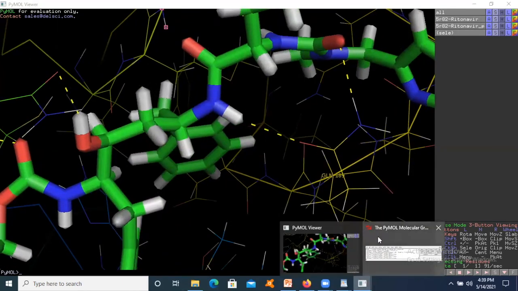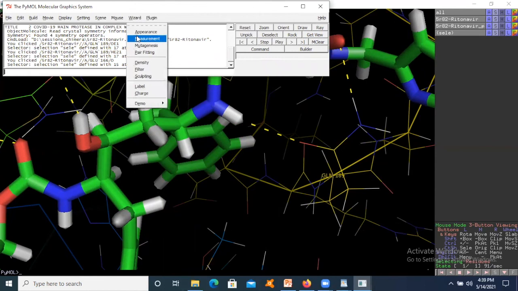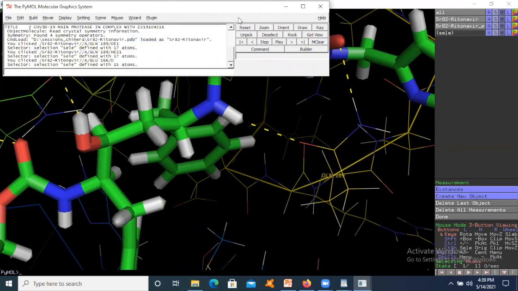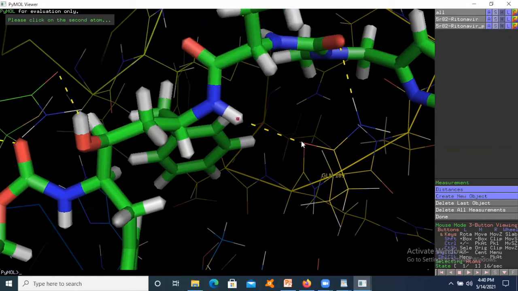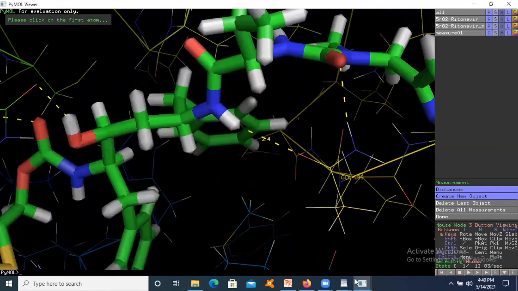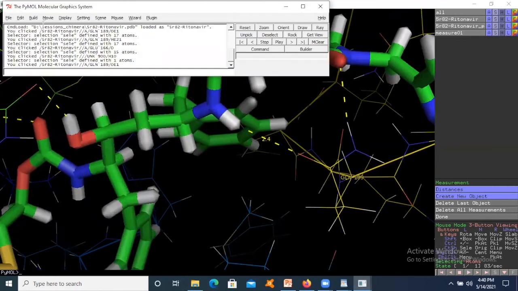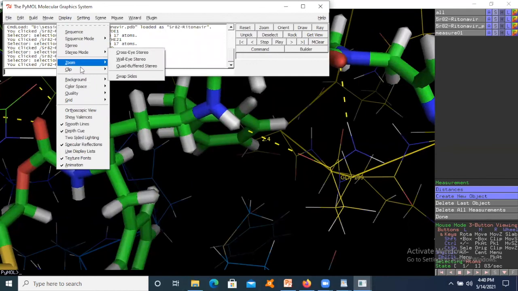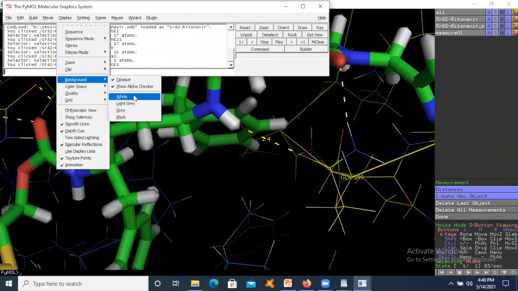So I'll go to wizard, go to measurement, then select the first atom, select the second, and this is the distance. Okay, if I want to change the background, I'll just go to display, then background, and let's make it white.